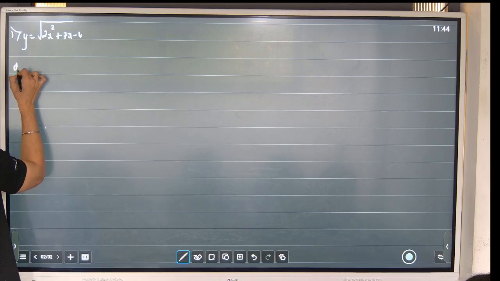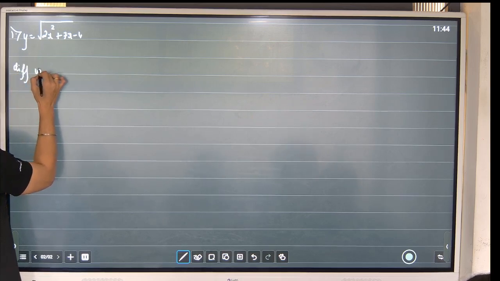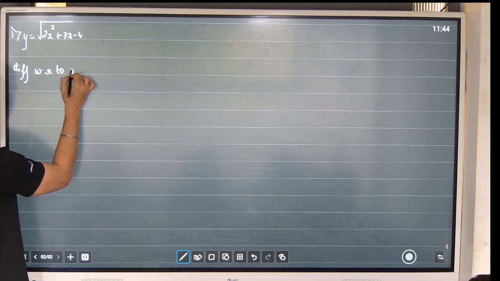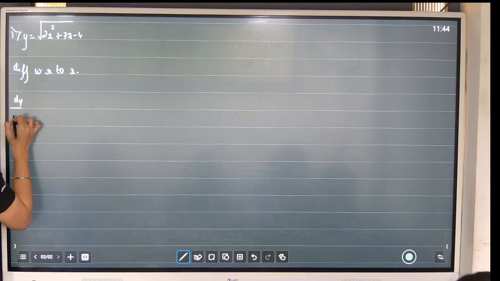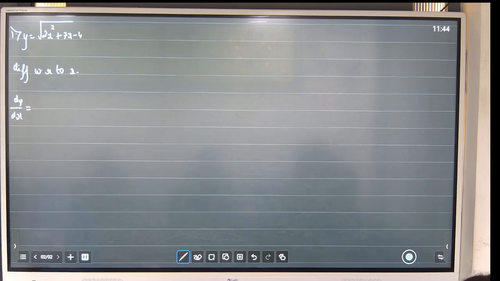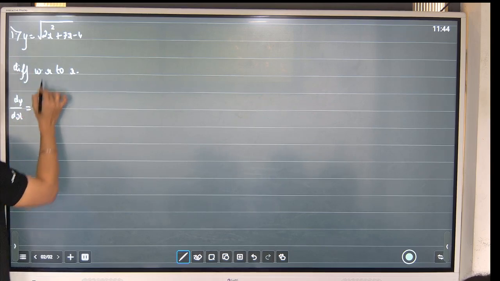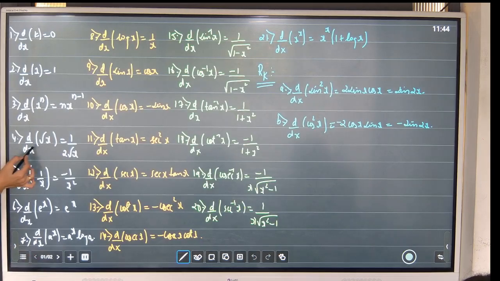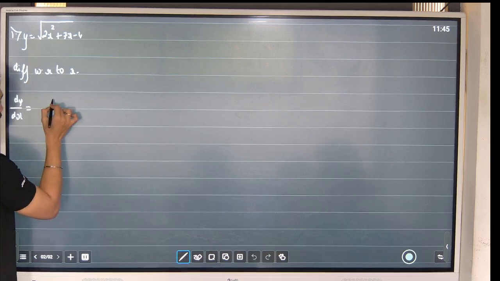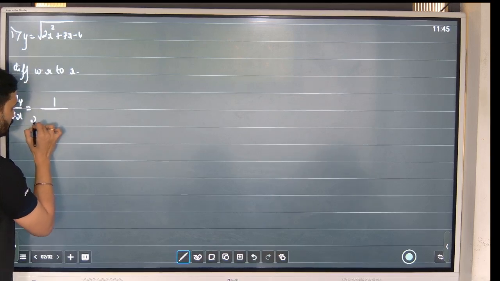Now when I differentiate with respect to x, my derivative of y is always dy by dx. Remember this. Now this looks like a root x function. What is the derivative of root x? 1 upon 2 root x. So this will become 1 upon 2 root of